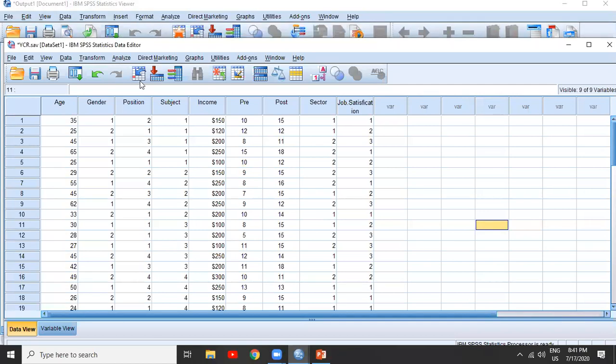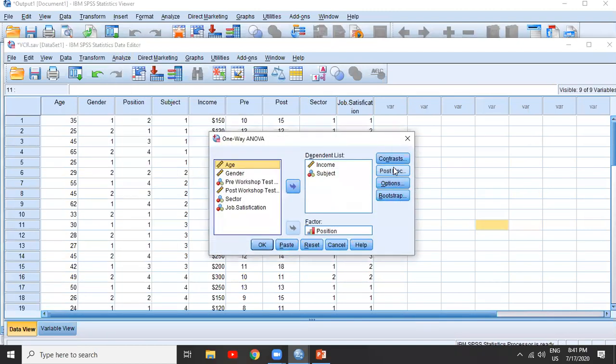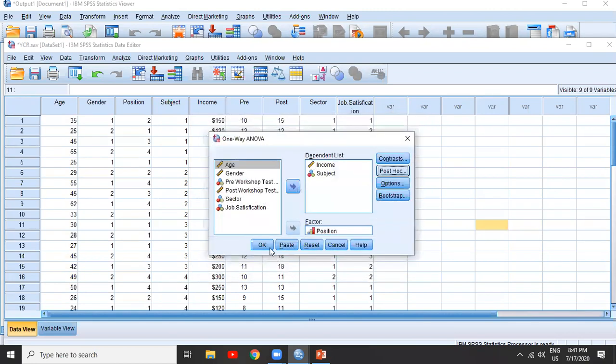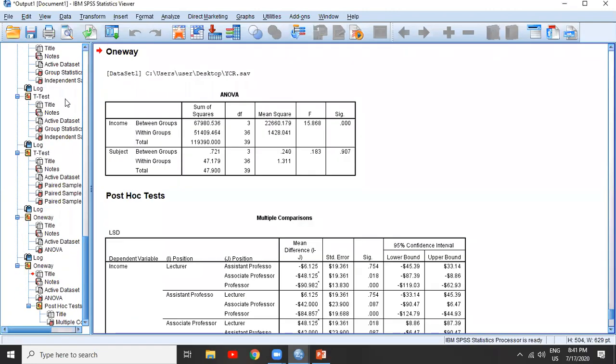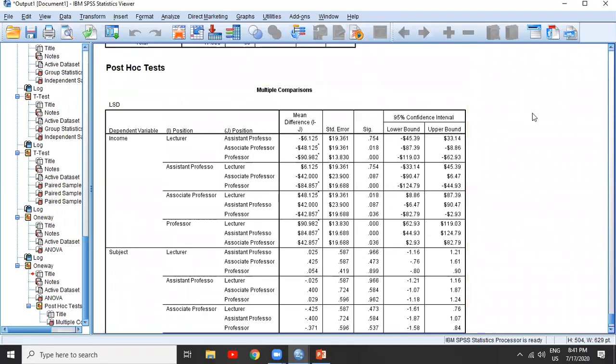We will do analyze. We will go compare means. Then we will click one-way ANOVA. Then we will go to post hoc, and we will apply the LSD test. There are a lot of tests for different reasons, but the only one which I will be teaching you now is LSD. You will press LSD, continue, and OK. Then we will have the same table, but also we will have another table that shows